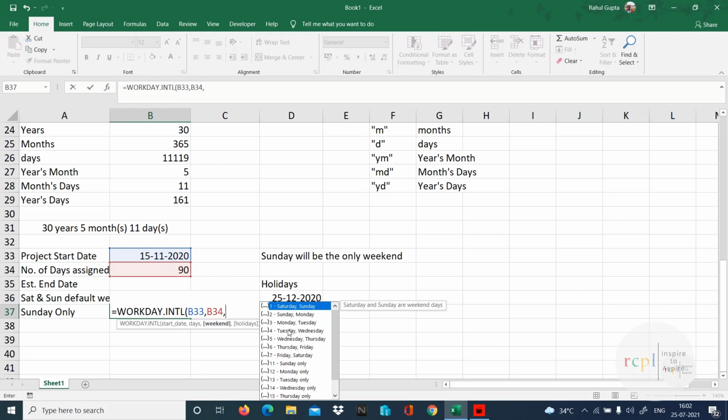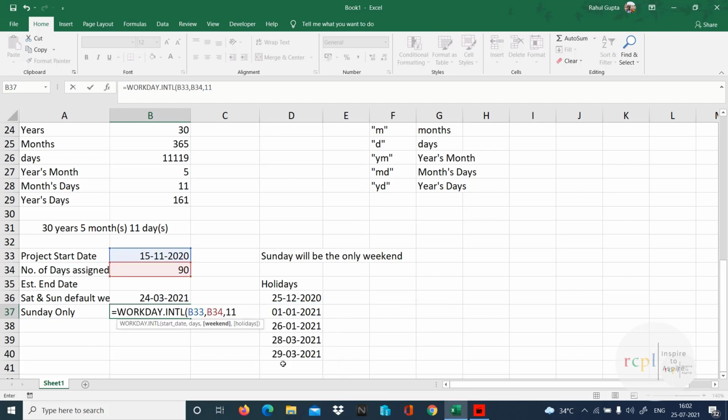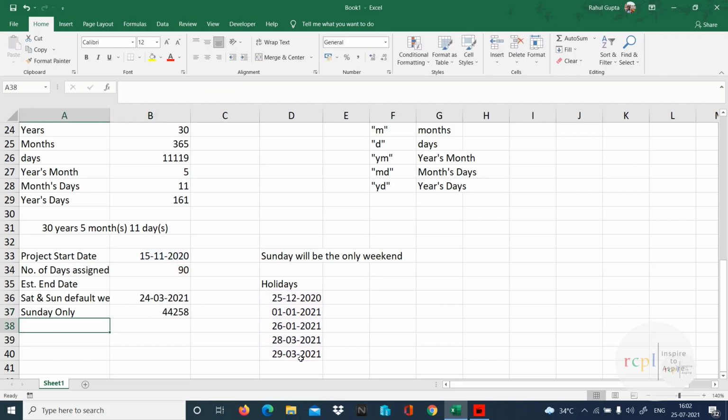So we have a list of weekends in which 11 number is Sunday only. So I have to give Sunday only. So I'll just select 11 number, comma, holidays. That's what is given. Now close the bracket, enter. Again have to convert to date. The 3rd of March 2021 should be the last date to complete this project. So that's how we can get this.